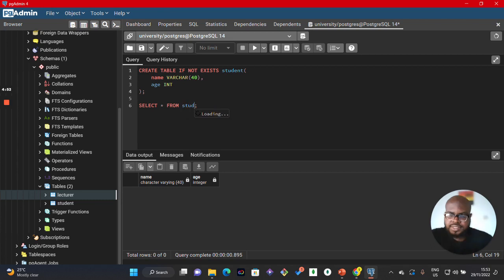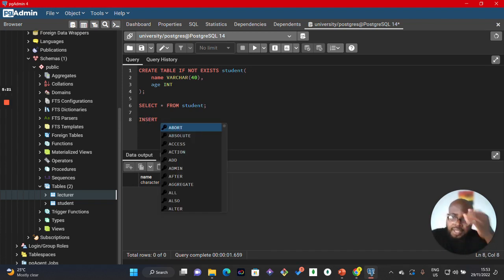So for students, let's try it. And yeah, I still have my name and my age for students. So we're good. So let's insert some values into both tables. And we still remember how to insert values. So we say insert, insert into,